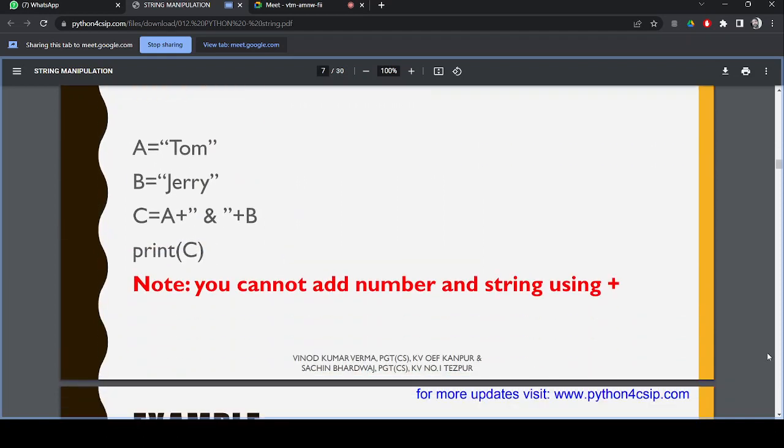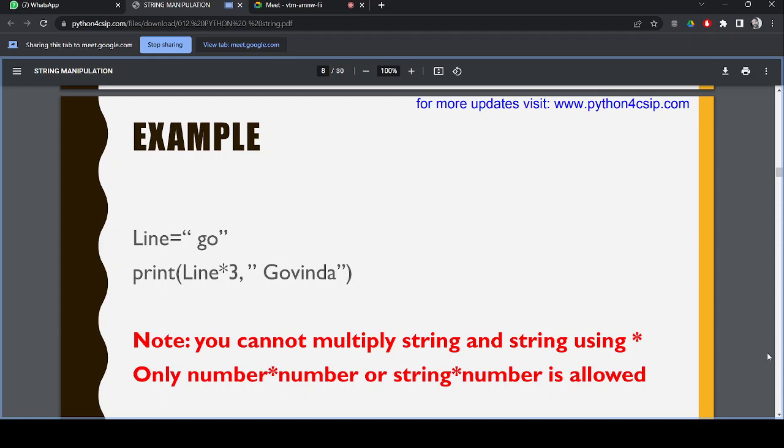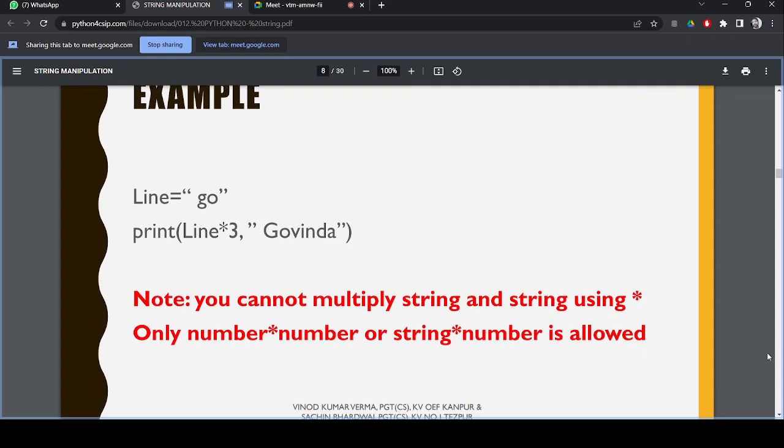Take Tom, Jerry: A plus B, print C. You cannot add a number and a string using the plus symbol. A is Tom, B is Jerry. Now what are you doing? You are trying to add two values, A and B, and print. You note you cannot add a number and a string. Likewise, you cannot multiply a string by a string; only a number is allowed. Now you see